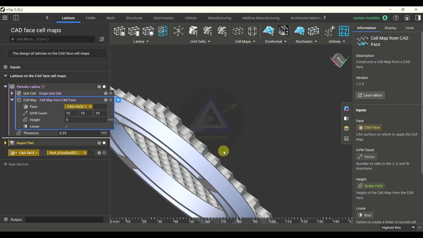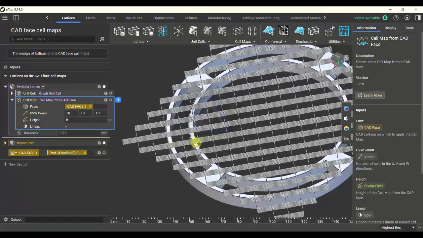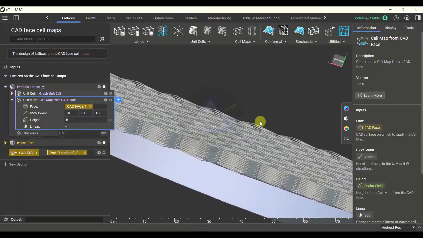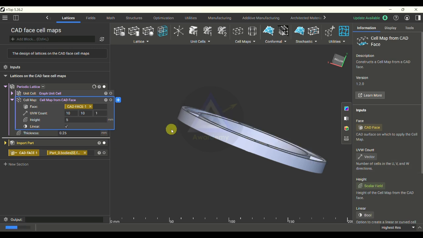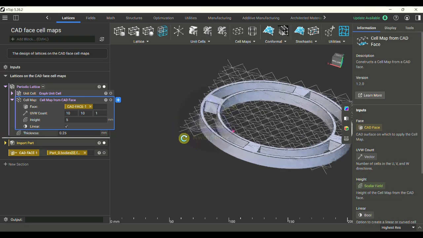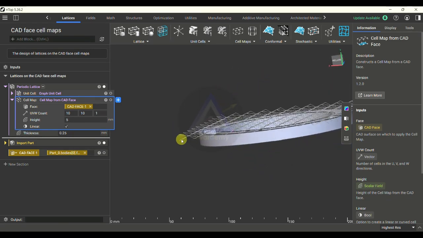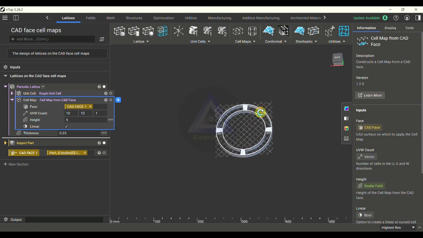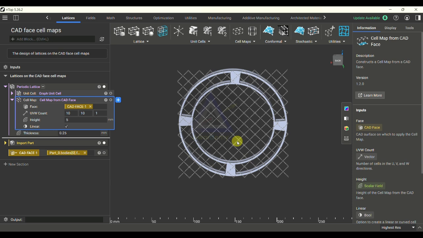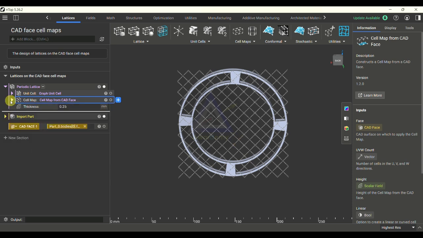Okay, this is how we can create one more layer with respect to that face. Suppose you give the W count as 1. See, this is a single layer of the given cell map. So now we have learned how to create the lattice with respect to the given CAD face. We have achieved how to create the lattice structure with respect to the CAD face cell